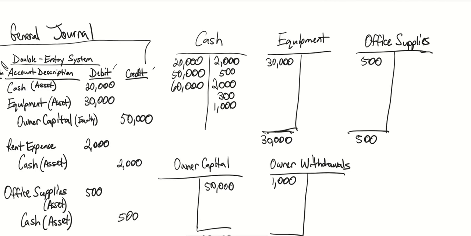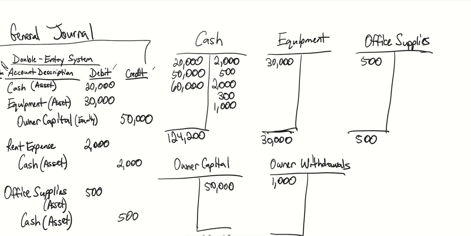Okay. Now we go back up here to cash, and we have to do the math here. Since I'm recording this, I'm not going to do this in my head. So 20 plus 50 plus 60, that gives you 130, minus 2, minus 500, minus 2, minus 300, minus 1,000. Okay, so cash has an ending debit balance of